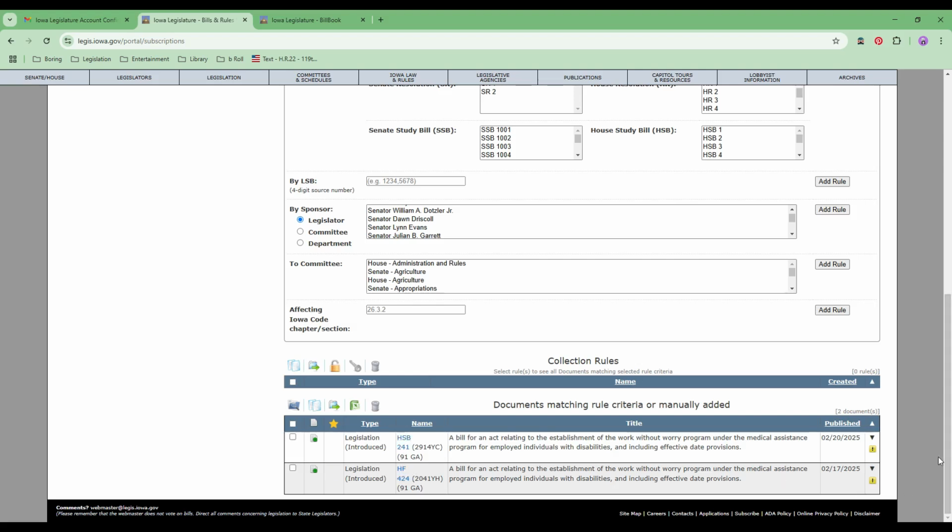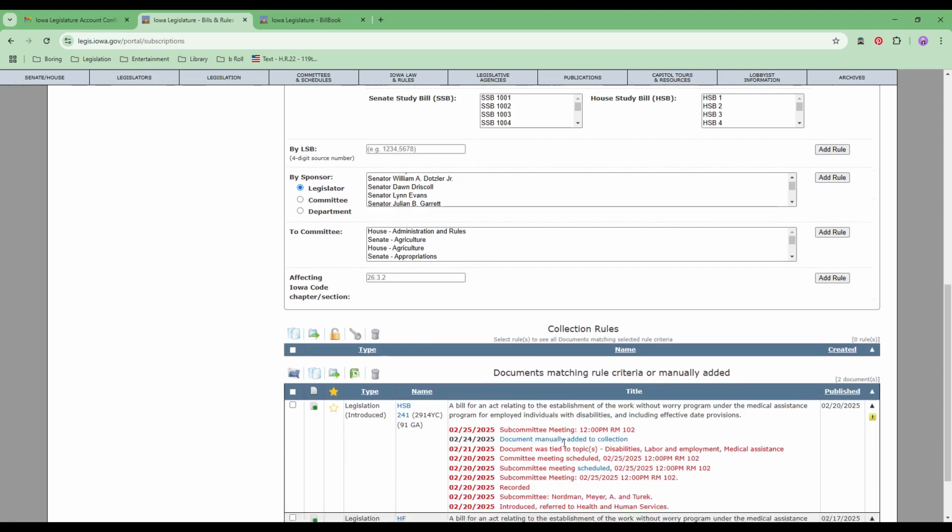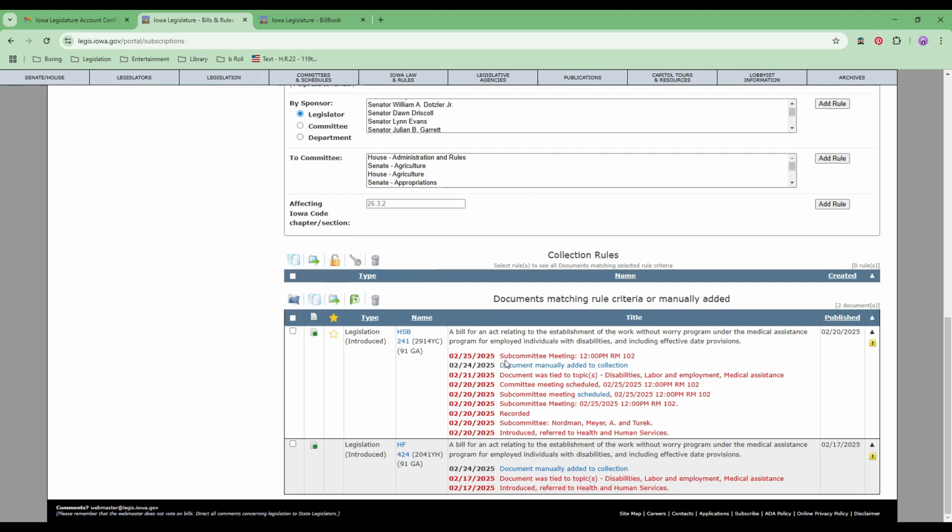Again, we can see that here. If we click on the little down arrow, it's going to open up this little drop box basically, and it says that it was introduced and it was tied to topics, but it hasn't done anything else. If we open up this one, however, I believe, yep, we have a subcommittee meeting that's happening on Tuesday at noon. So this one was introduced. It was assigned a subcommittee. It looks like there was a subcommittee meeting scheduled and a committee meeting scheduled